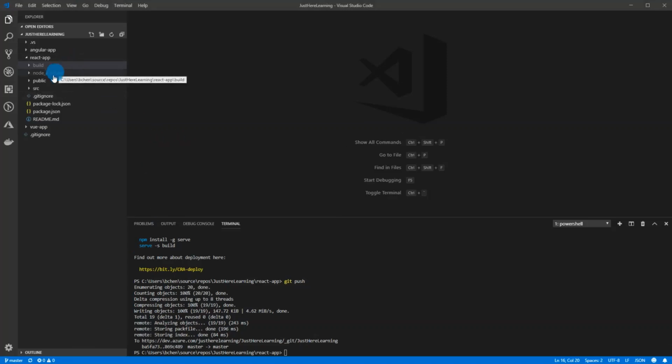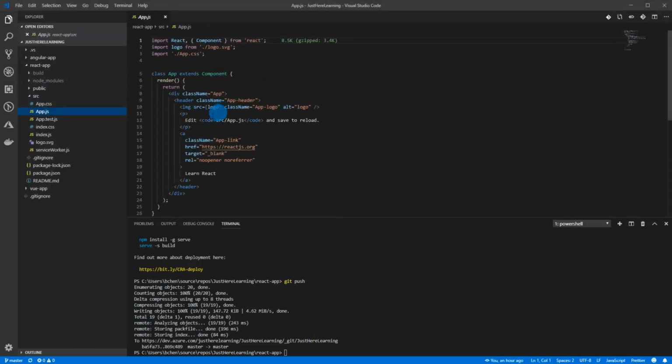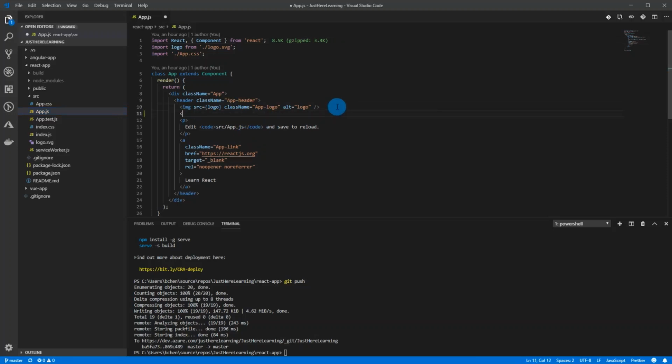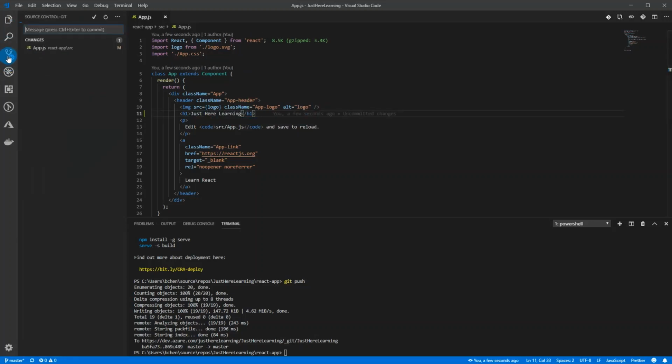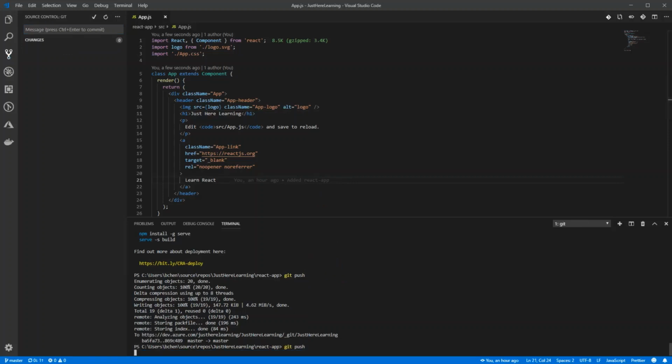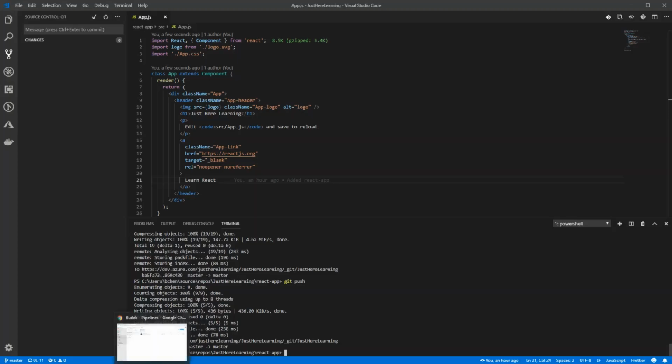I'm going to just probably modify a text file or something, let's add an h1 tag here, just put here, learning, save that, commit our changes, and just say added h1 tag. Okay, push those changes, and then say git push. And this should trigger our builds to start going. So let's go